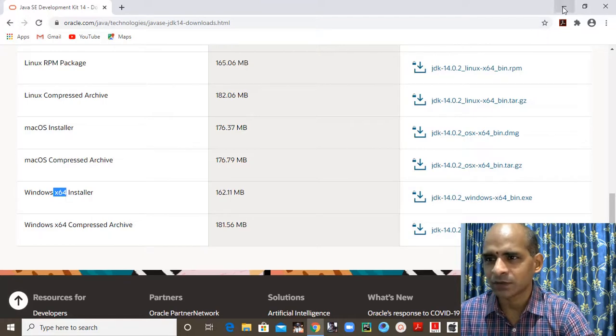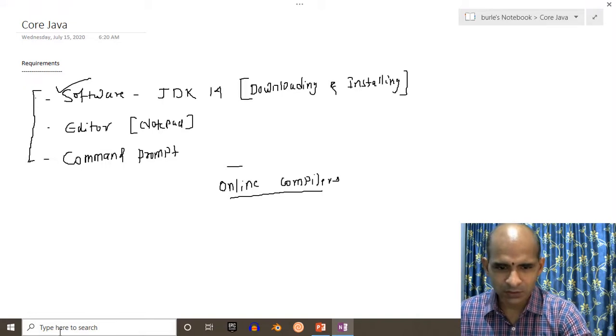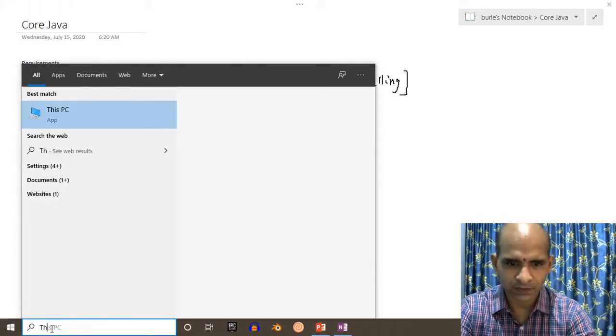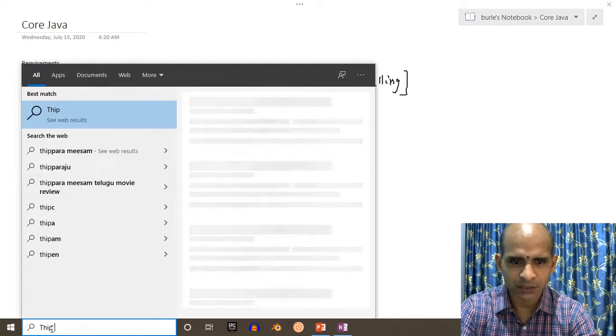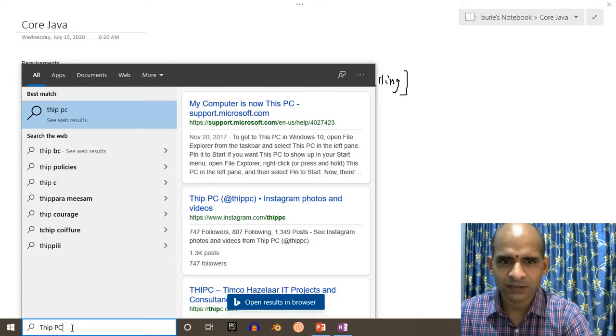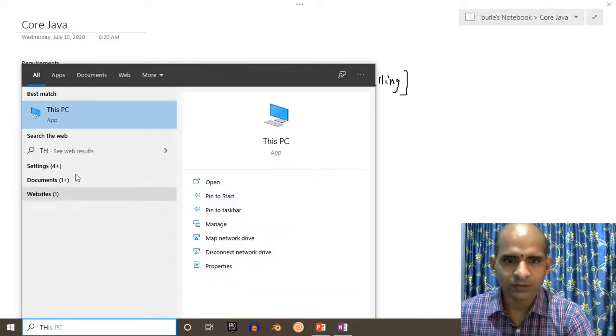So how do we confirm that? In the search box, type This PC, assuming that your operating system is Windows.